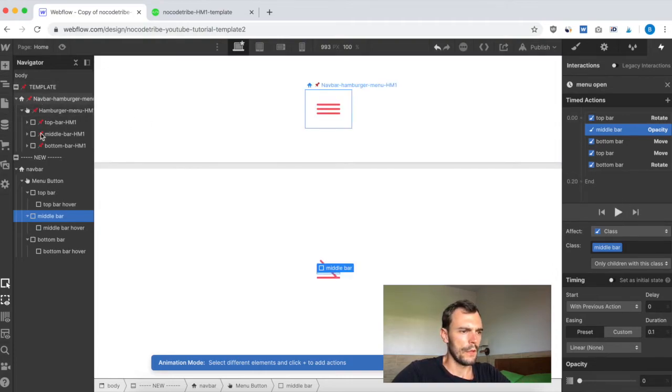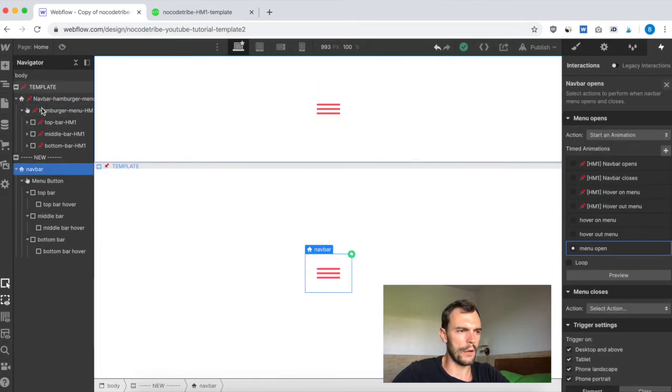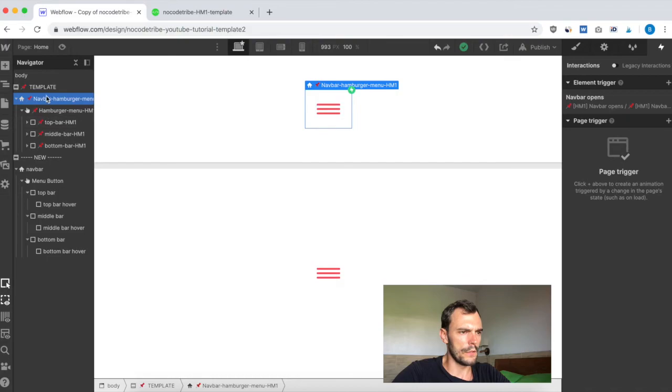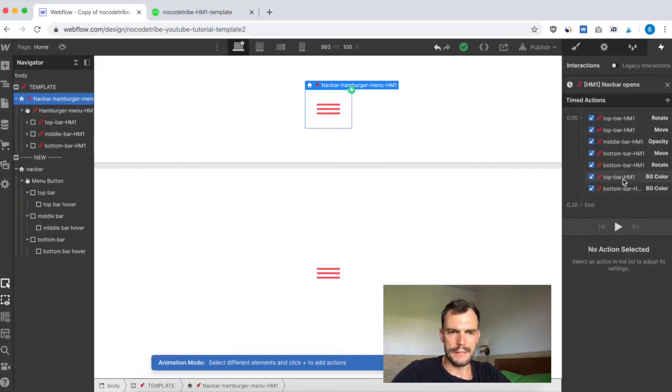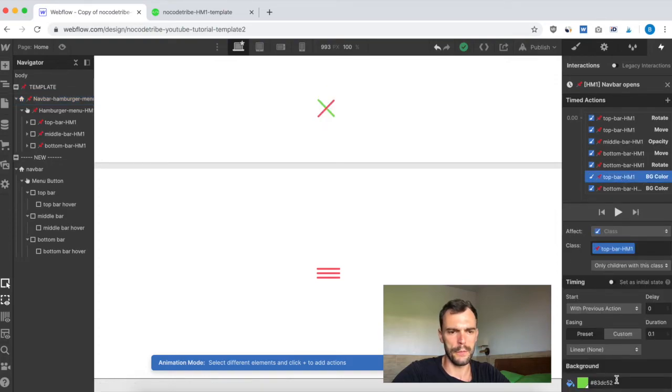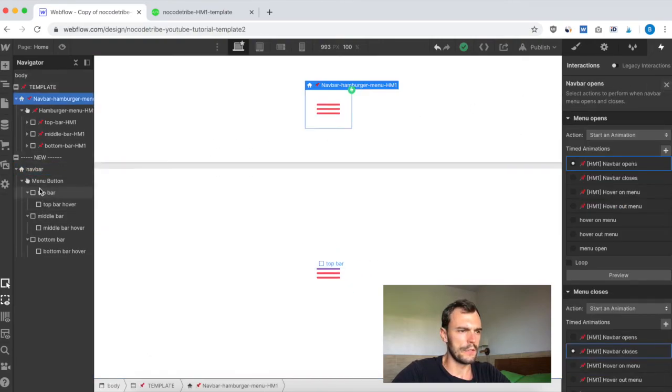Cool. Now I think what's left is the background colors. So if I go back to the template, I see, yeah, that's the only one there. Top bar background color, I want to switch it from red to this green here in 0.1 seconds, and bottom bar same. So navbar, I close this,